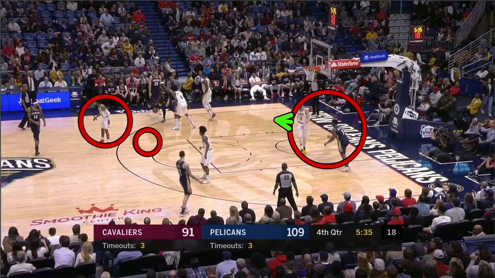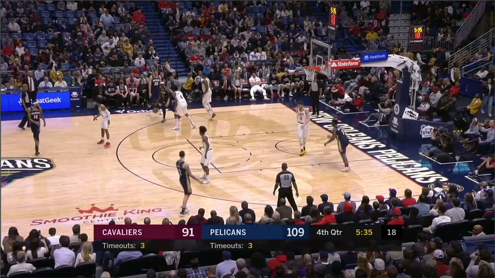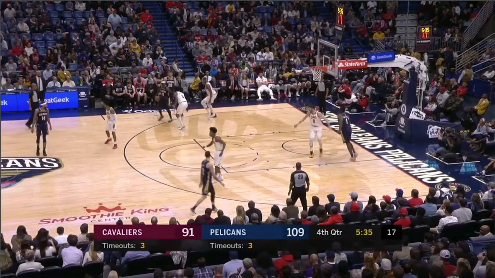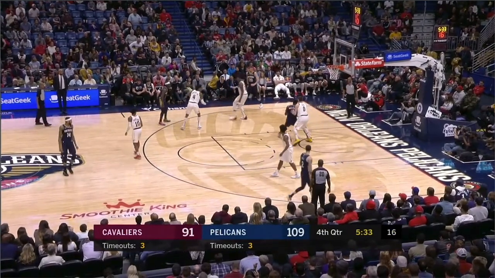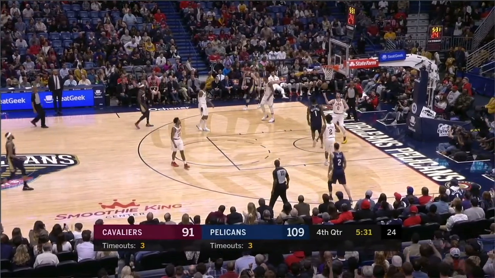Get out from worrying about Brandon Ingram, who's almost at half court. Get in the gaps defensively so Drew Holiday has no driving lane. Because look, it's going to take one misstep from Kevin Love right here for Zion Williamson to wrap, seal him off, game over, 2 points for New Orleans.